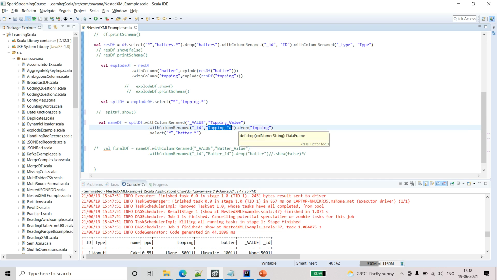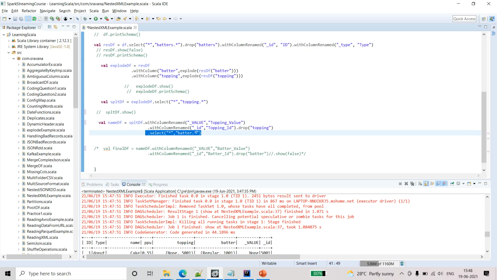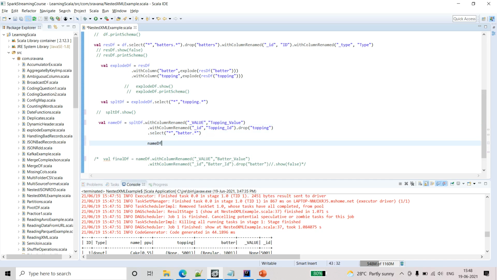Then finally drop the column topping and then select batter dot star. So by now it would have become value and id as columns. So that's why I am doing the select here. So let me print this df and see the output.